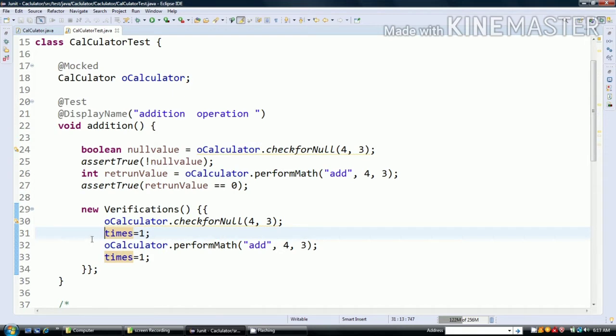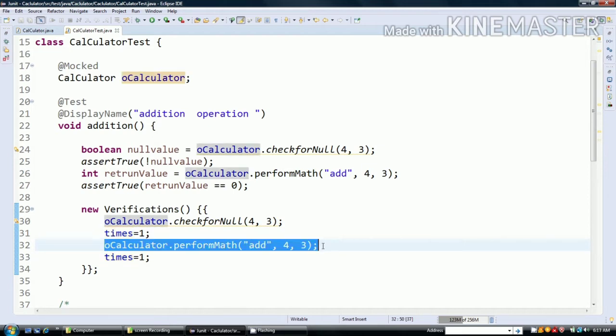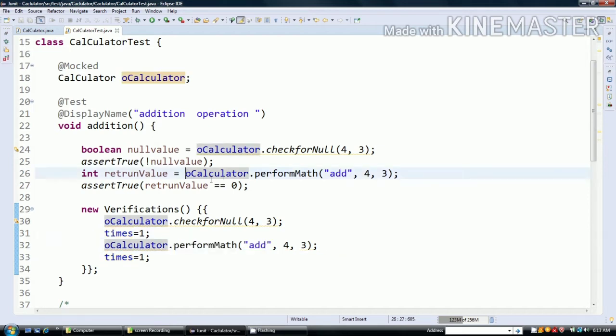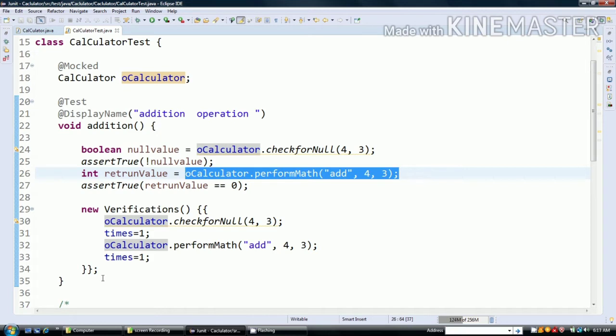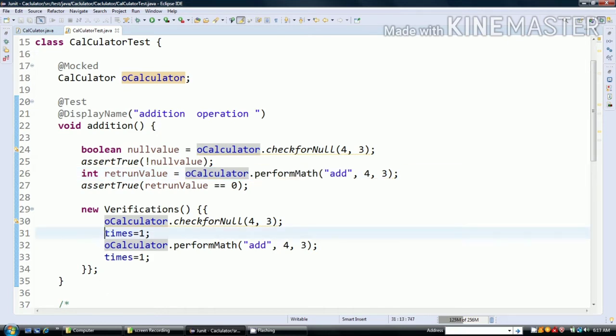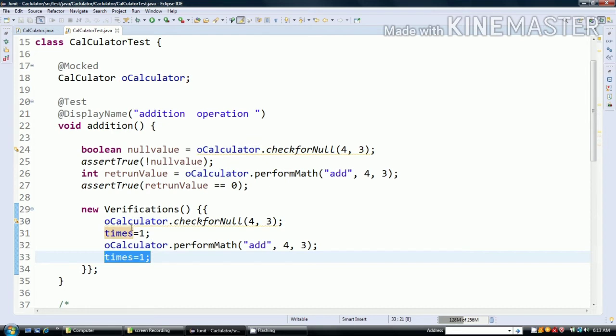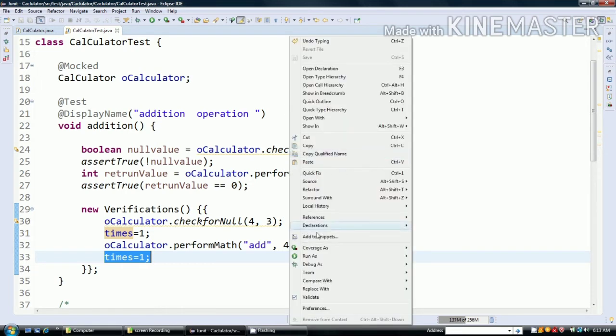In the verification block I am checking how many times it's going to execute. In the same way, for perform math also I am saying that it's going to execute one time. Basically the verification block will validate how many times the execution is happening, and whether it matches what we have mentioned in the times. This is the advantage of verification: it will validate how many times the execution is happening.